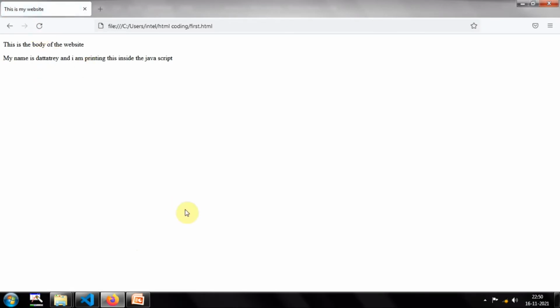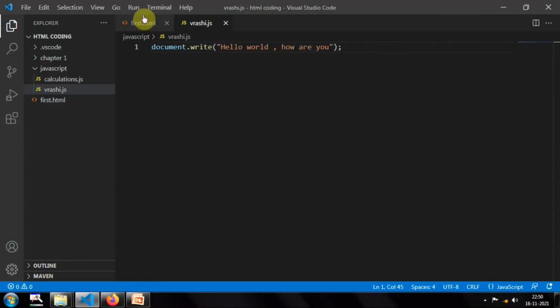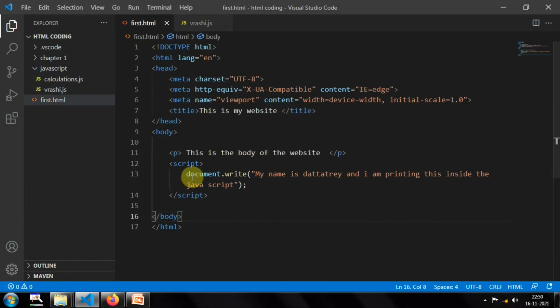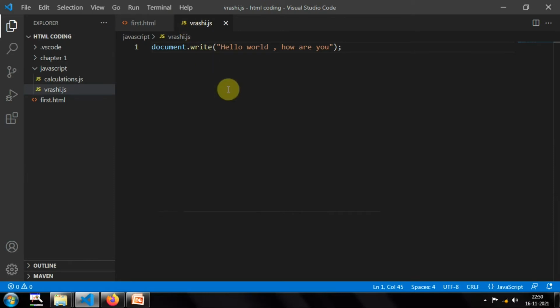See, I'm refreshing but I'm not getting it, because I have created one HTML file and one JavaScript file, but only creating is not sufficient, guys, because the browser only understands HTML file. It will execute this HTML file, and inside this HTML file, if there is anything like JavaScript or CSS present, then it will execute that as well. But what I have done, I have created separate HTML file and separate JavaScript file, but I have not linked them together. So I need to tie them together so that whenever HTML executes, then JavaScript will also be executed at the same time.